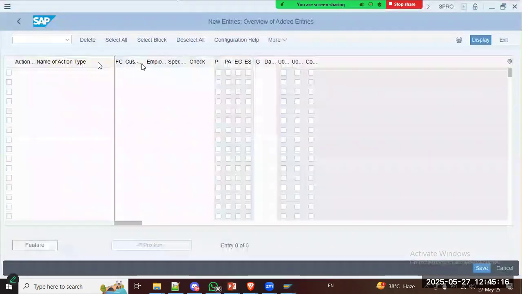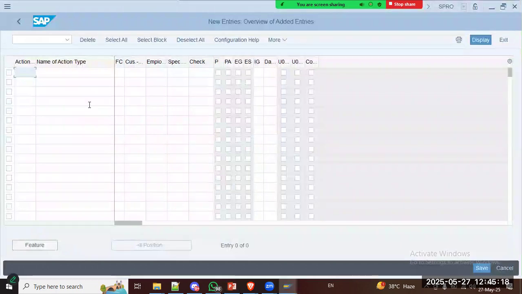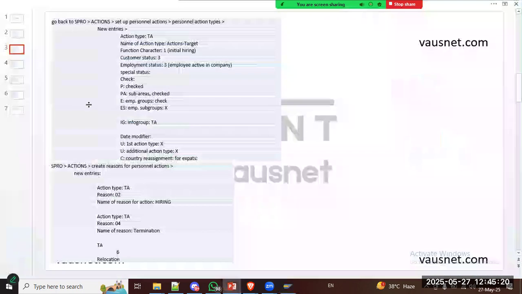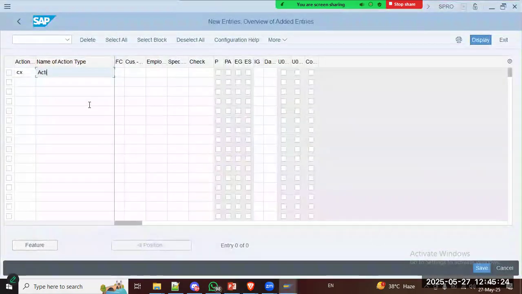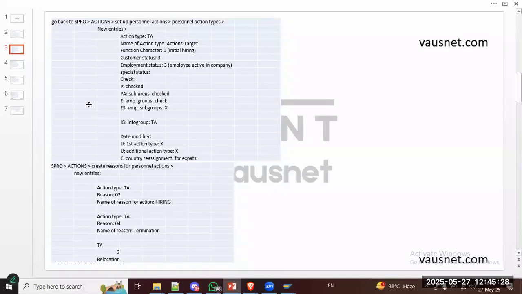Action type CX, name of action type, actions Caltex, function character,